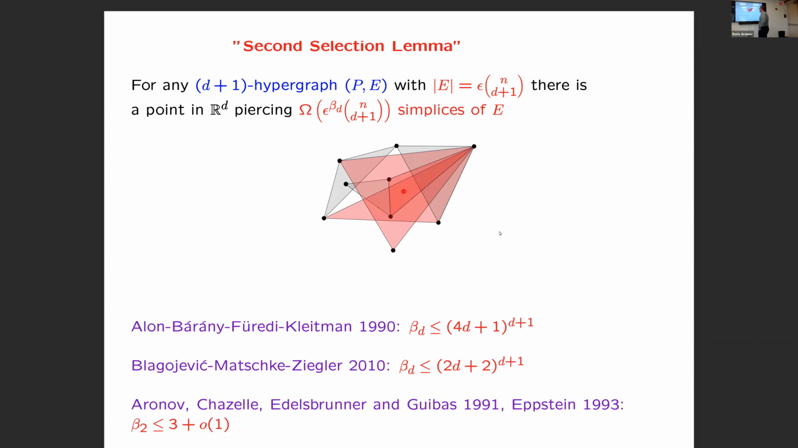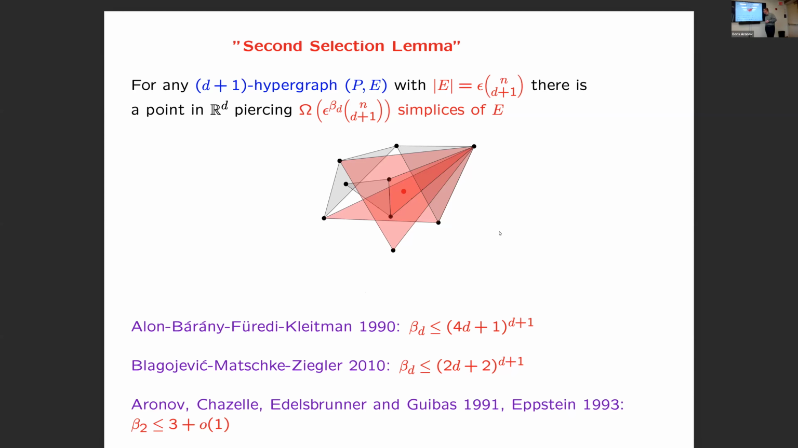The first result showing that such an exponent does exist at all was due to Alon, Bárány, Füredi and Kleitman. And they showed this pretty nasty exponent, which is (4d+1) to the power of d+1, and we'll shortly explain where this comes from. And later on, it was